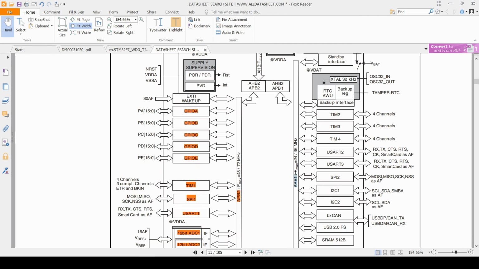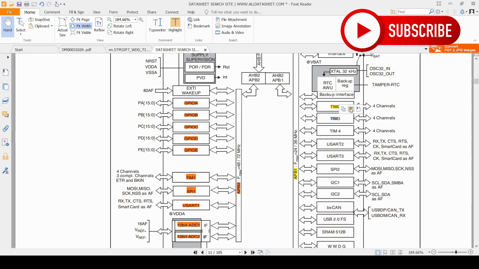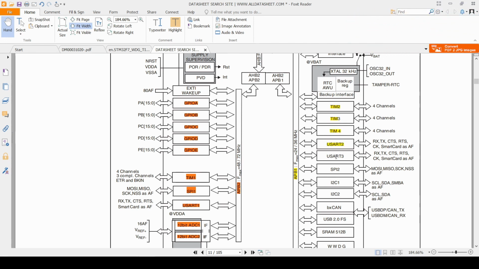The APB1 bus can be operated at 24 or 36 MHz maximum. The peripherals connected to APB1 are timer 2, timer 3, timer 4, USART 2, USART 3, SPI 2, I2C1, I2C2, USB, CAN.